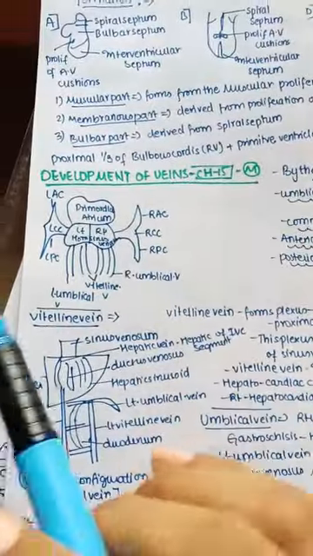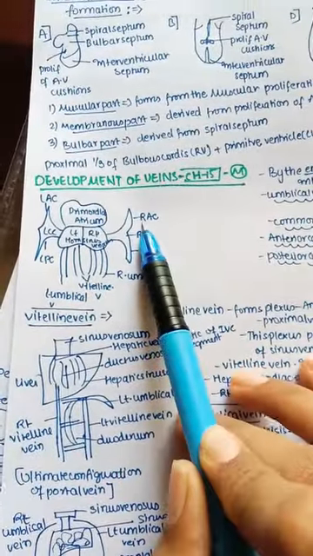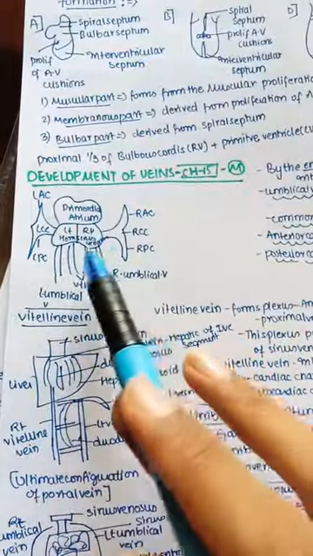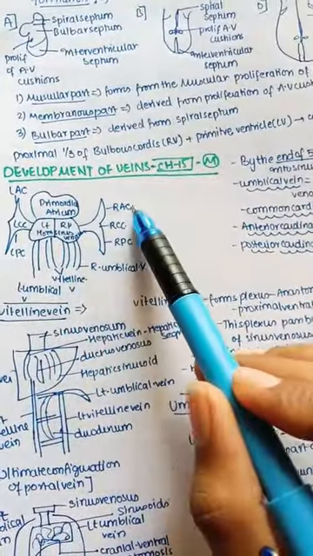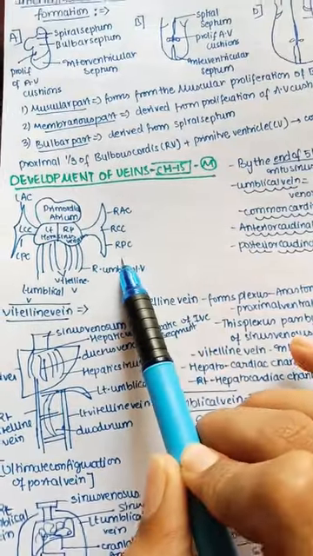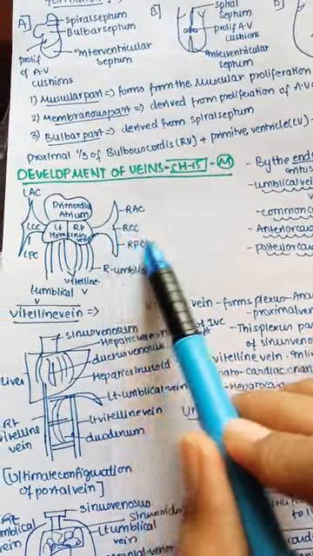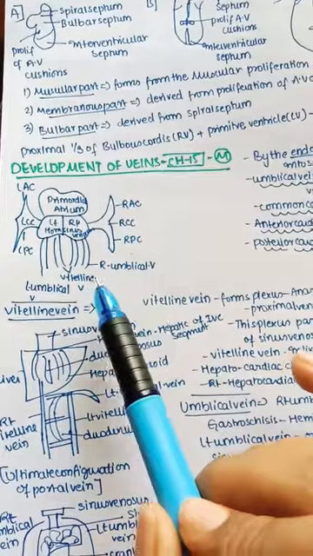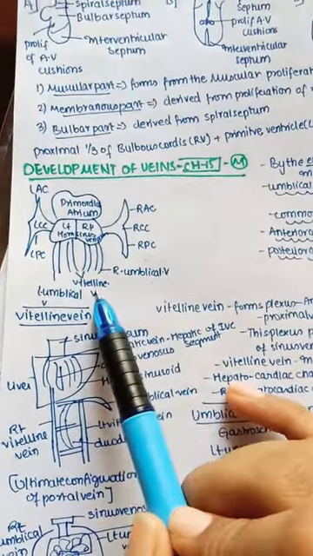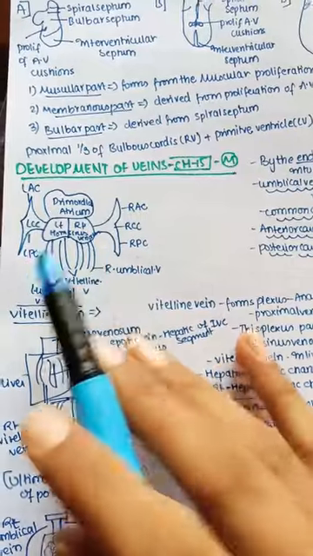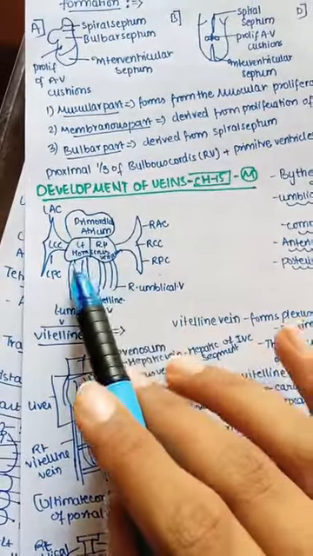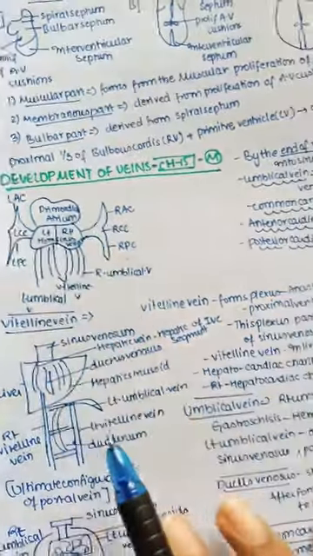So in this diagram we can easily understand this is the right, and actually they are further divided into right and left sides. So this is the anterior cardinal vein, this is the posterior cardinal vein, and together both fuse and form the common cardinal vein. This is the umbilical vein, this is the vitelline vein, and of course these are again divided into right and left sides. And this is the primordial atrium, this is the left horn, and the right horn of the sinus venosus. So now let us see how they are formed.